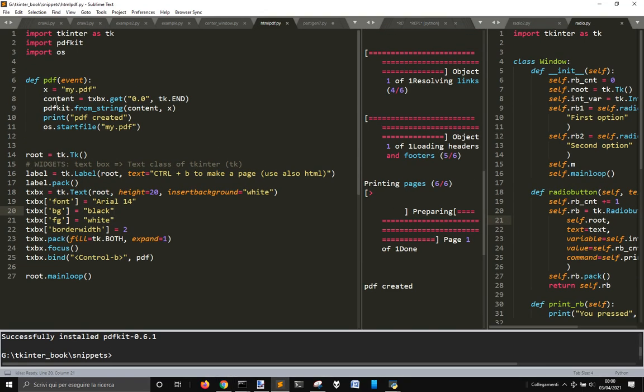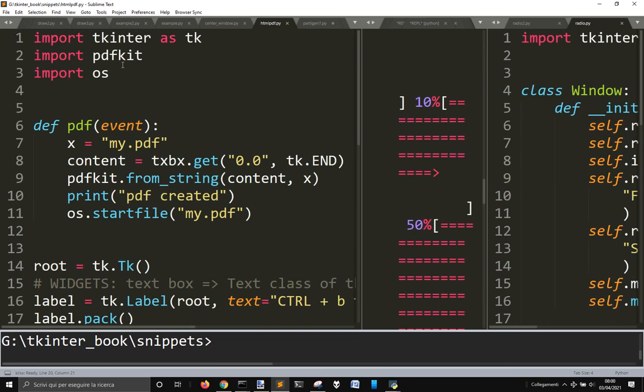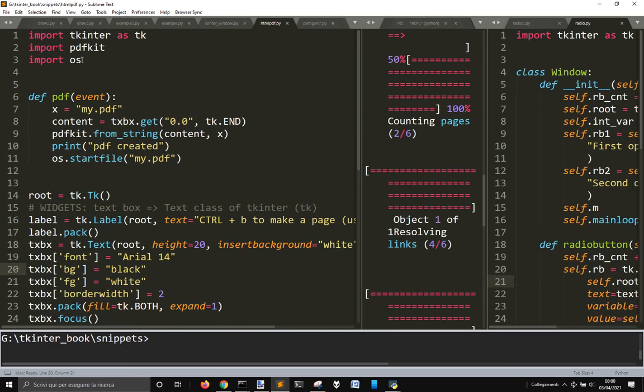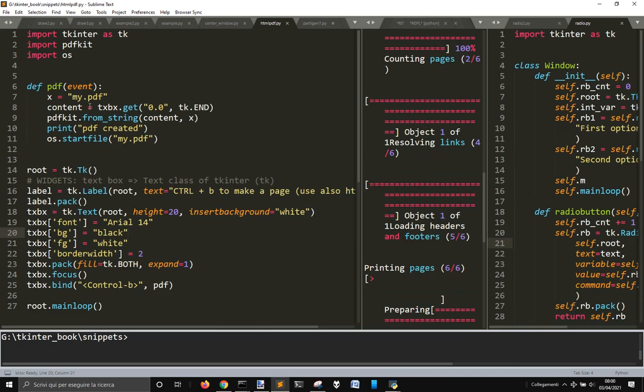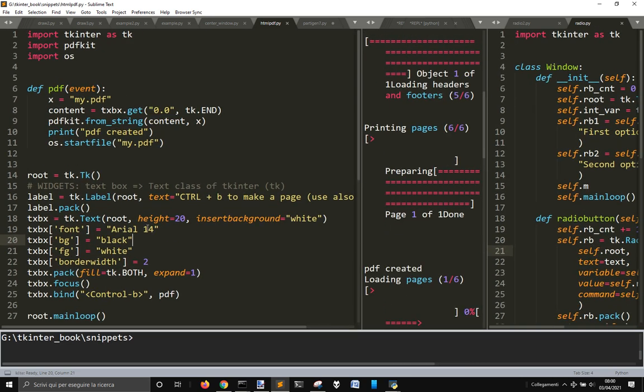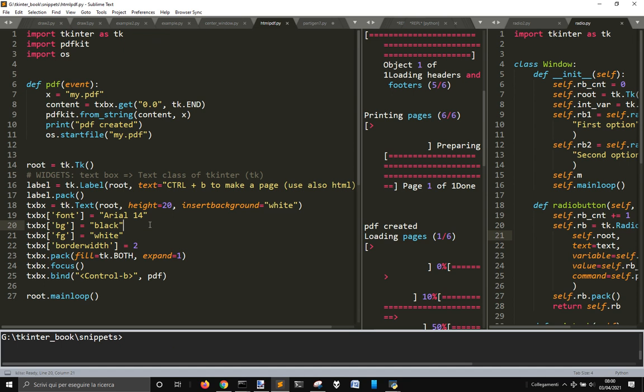You need to install PDFKit to make it work. Tkinter is a built-in module, just like OS. And so that's all. You can find the code in a repository and also on the blog